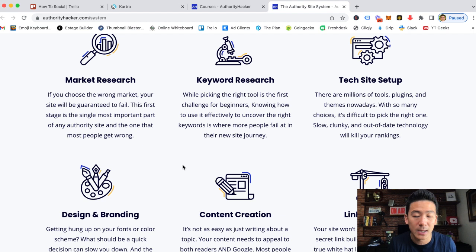That's just the name of the game. So if you can't last for at least 12 months, then building an authority website is not something that you should even explore at all. All right, but if you're somebody who is okay with doing that, and you're okay with learning very, very technical